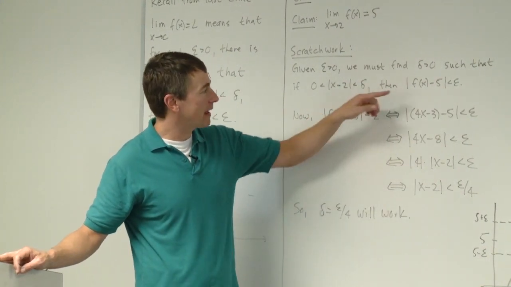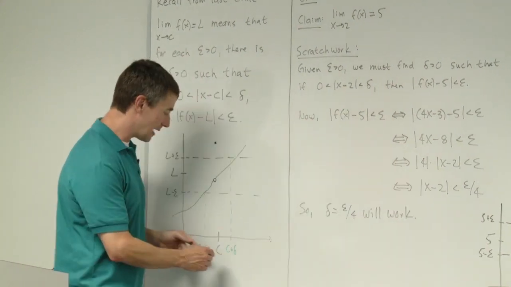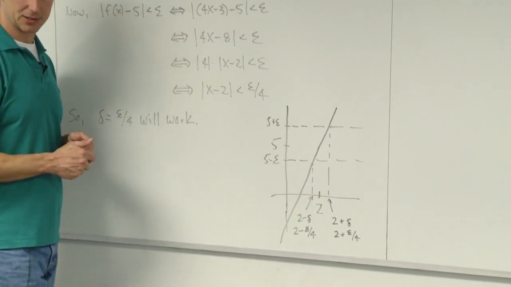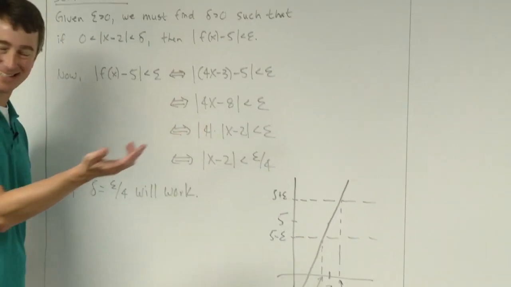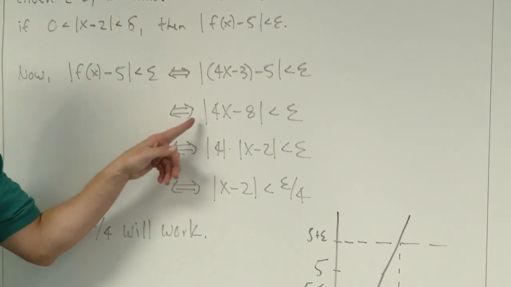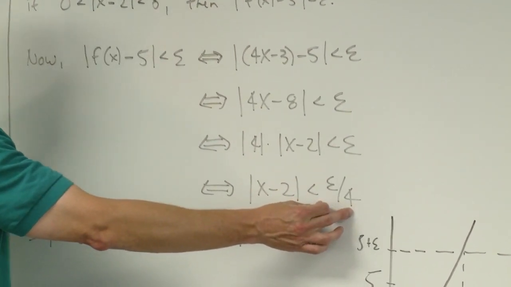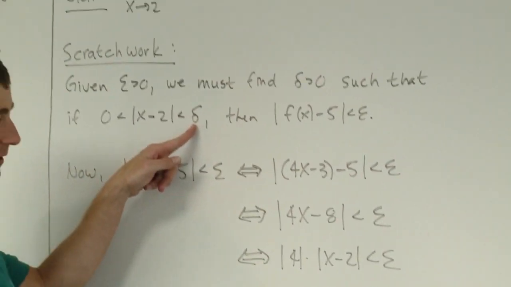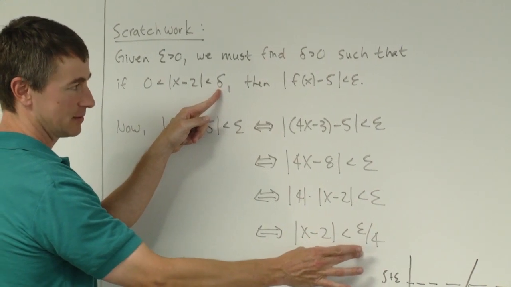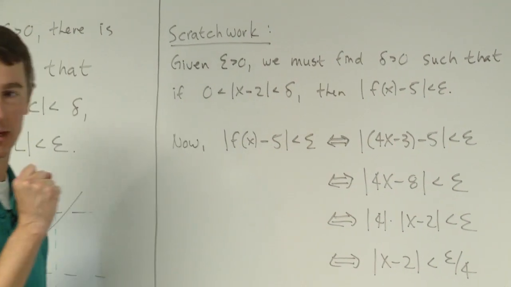And then the thing that we have control over, remember, is absolute value of x minus 2. We can control how far away from 2 we stray in the x direction. So look at that very nicely. What pops right out of our algebra here is absolute value of x minus 2. So if I move the 4 to the other side, we get absolute value of x minus 2 less than epsilon over 4. Meaning that if I replace this delta by epsilon over 4, then this statement will be able to walk its way back up to this statement, which is where we want to arrive